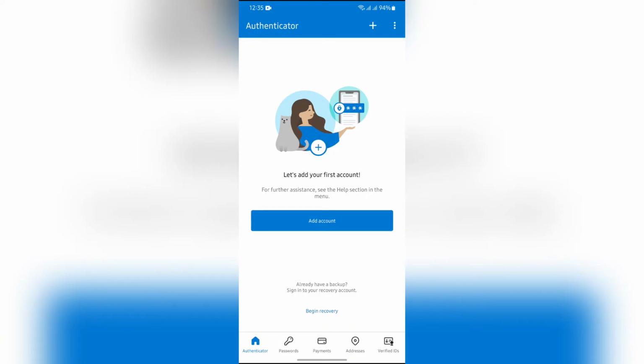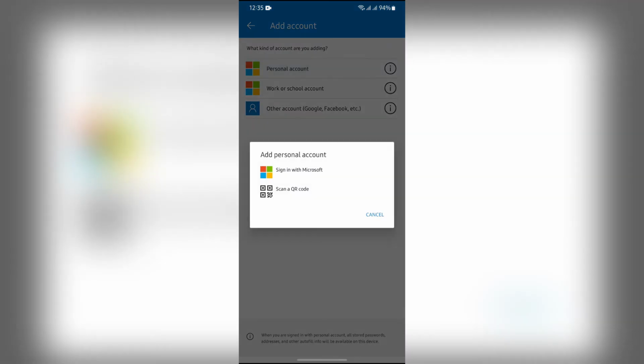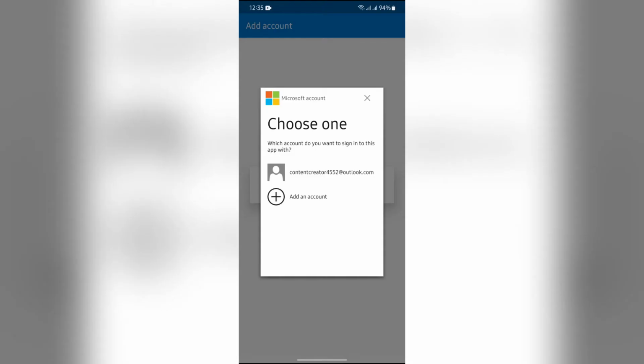Now I'm choosing this add account option, and after that you can choose any of the accounts to add into Authenticator. Just simply tap into any of those accounts and then you can choose two options in here. First is sign in with Microsoft and second is scan a QR code. I'm choosing sign in with Microsoft in here, and after choosing the suitable option for you, it will give this option